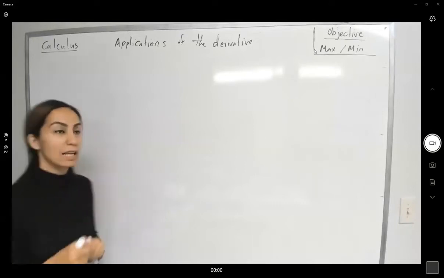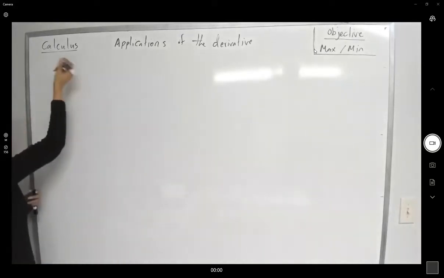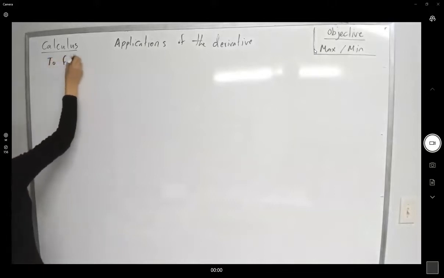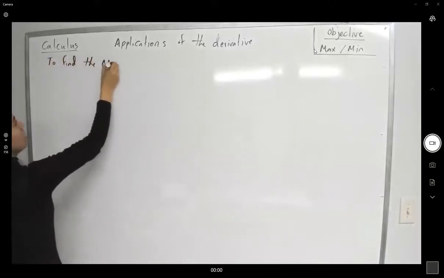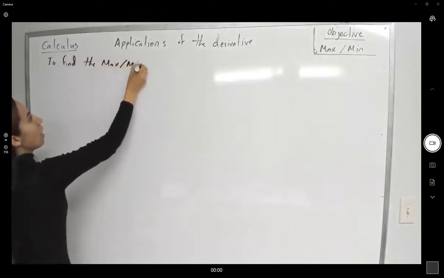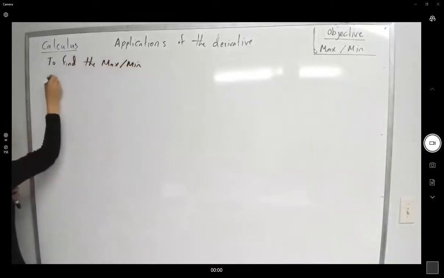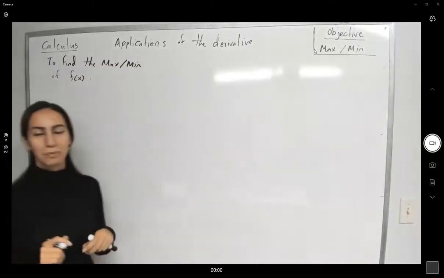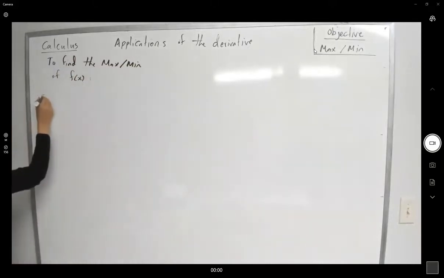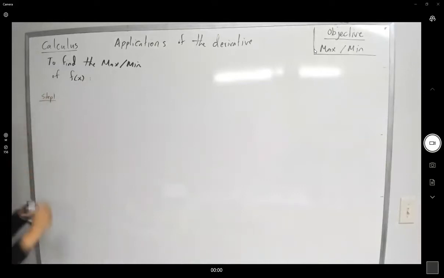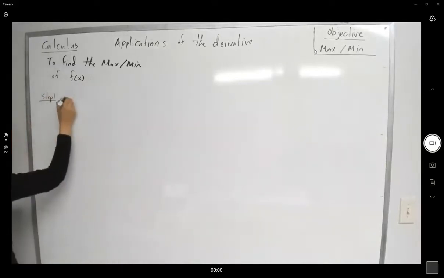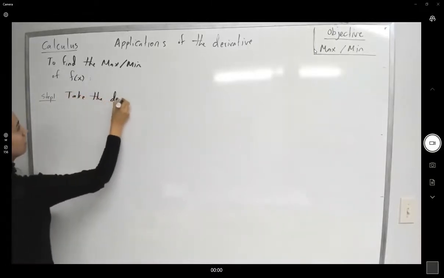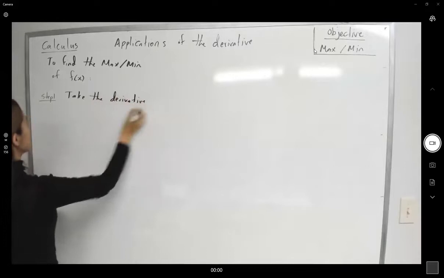What we learned is that we can use the derivatives to analyze the graph of the function to find the max or min of a function. We have to follow these steps. In step 1, we start by taking the derivative of the function. Take the derivative. Step 2,